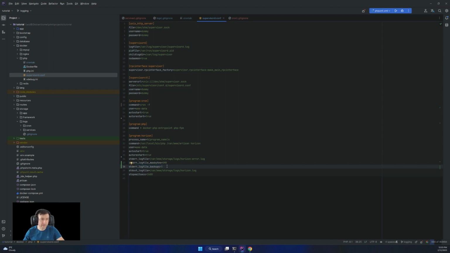I have 5 in here, and I will do the same with stdout: stdout log file max bytes 10 megabytes and 5 backups. That's everything for Horizon.